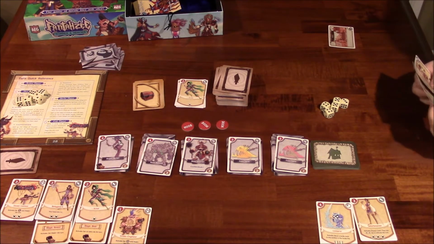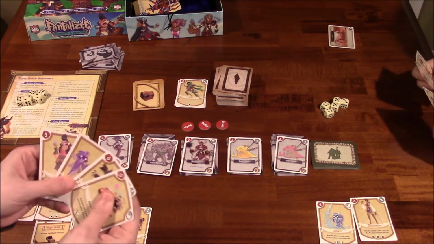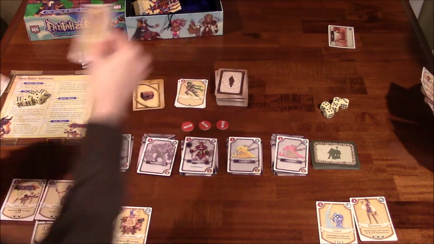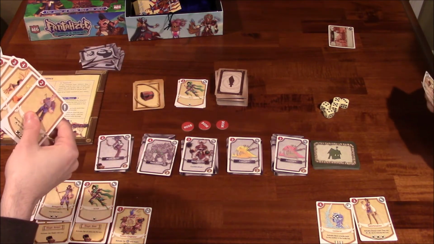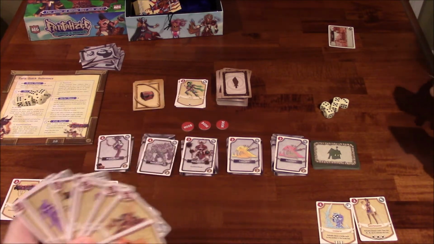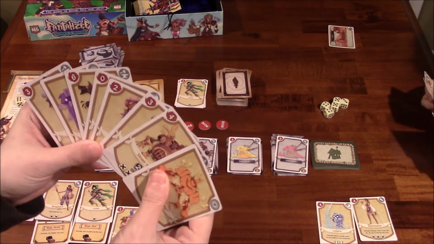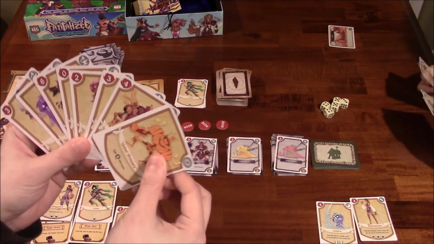And I think I draw 4 cards. I've got 1, 2, 3, 4. So I'm going to draw 1, 2, 3. That's 1 too many. And now I'm going to discard down to 6 because my hand size is 6 per that guy over there. So the question is, what am I...